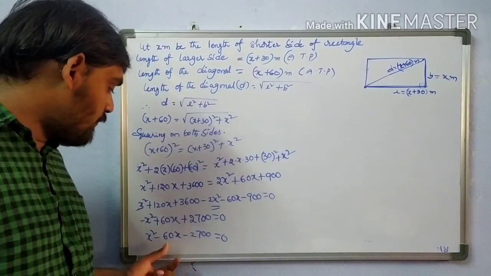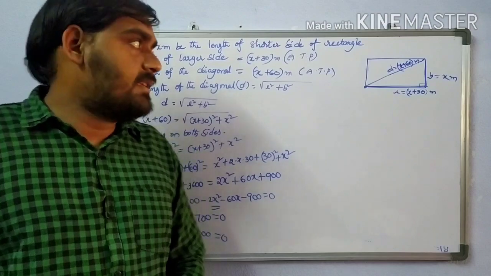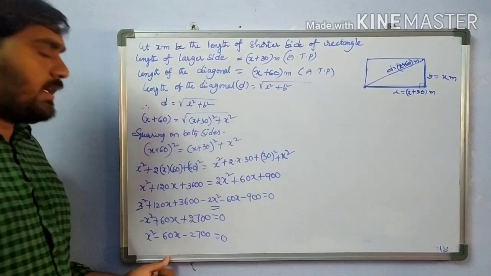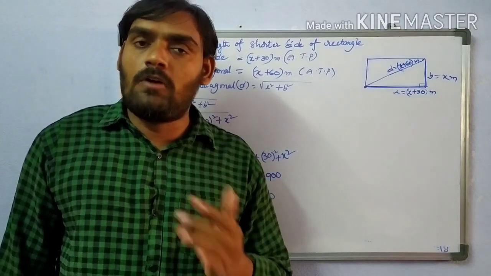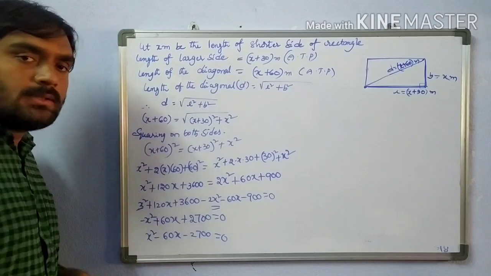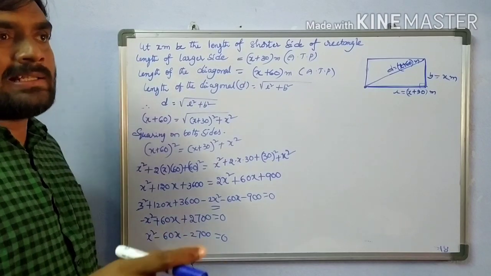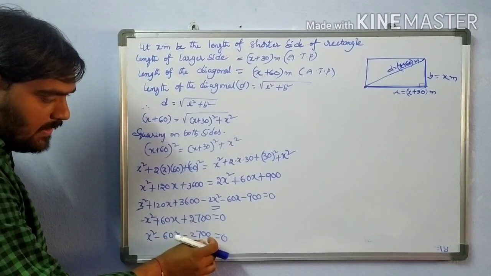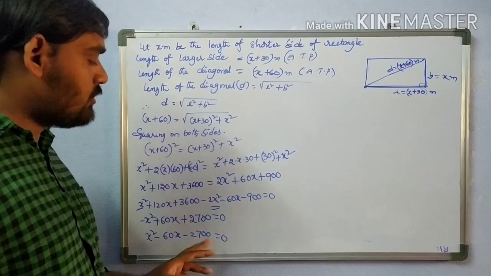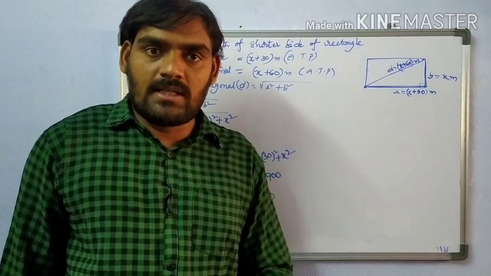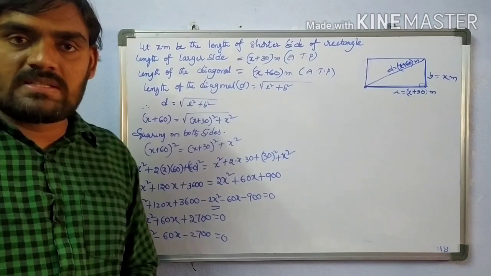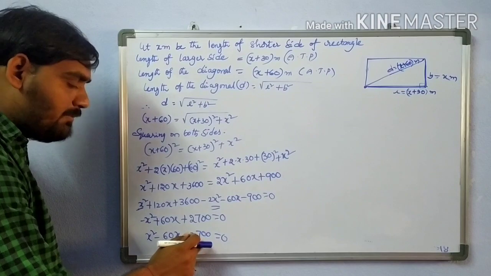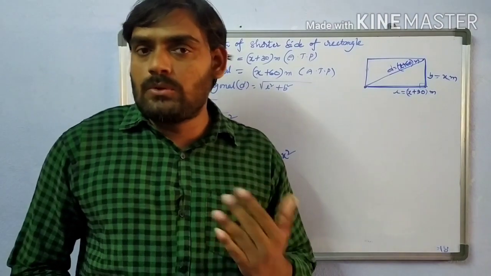See here, we need to find roots of a quadratic equation and then we can find the length of the sides of a rectangle. So here we can find roots by using the factorization method or the formula method. Okay, here I can find roots by using factorization. Here I got minus 60 and minus 2700, no? So 2700 I can get as 90 into 30. But I need to get minus 2700, so minus 90 into plus 30. When we add, we will get minus 60. When we multiply, we will get minus 2700.